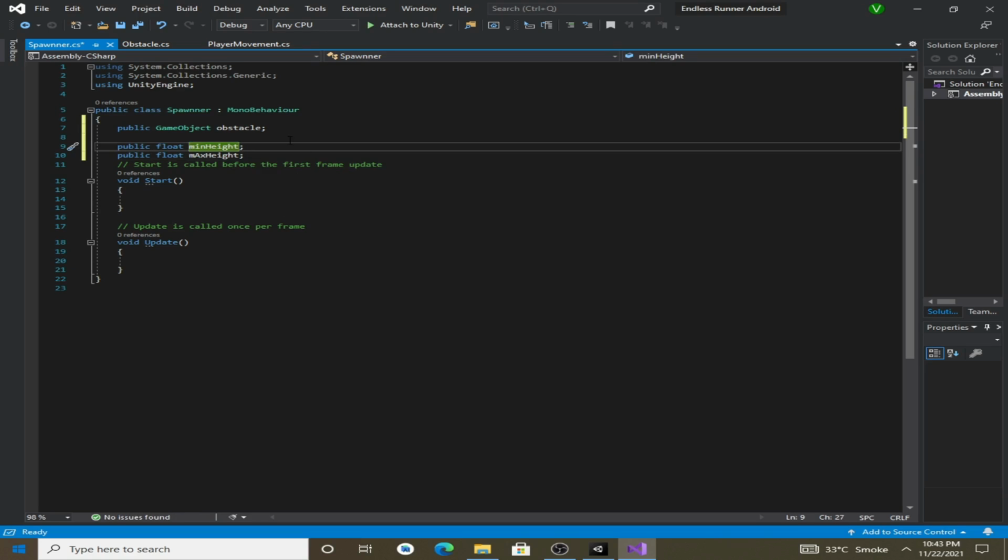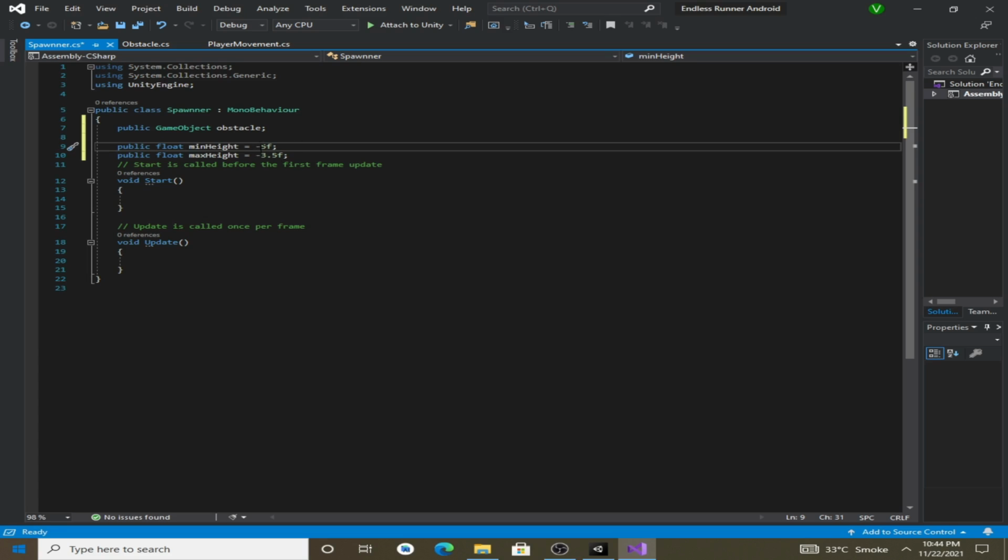We will default it to minus 3.5f, and for the max height we will say minus 5f. Here we can see that our max height would be minus 3.5f and min height would be minus 5f because they have a minus sign in front of them.